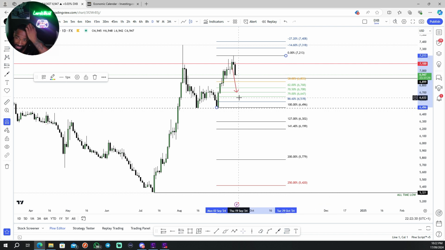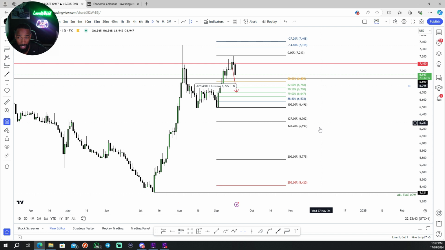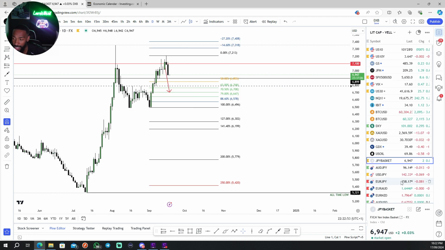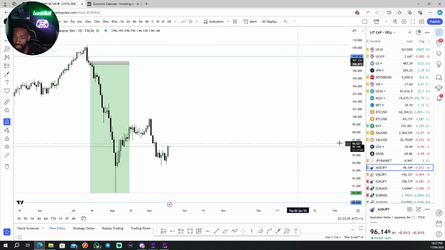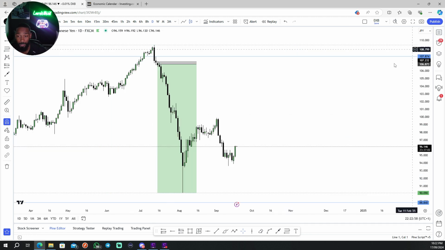Okay, it comes down to the 70%. Of course, if it could come down, fill some more of the imbalance, it would be perfect. At the 79% would be even better. But ultimately, inside of this area is where we want to draw our attention so that we can focus on potentially going long with the yen as well. So that's going to take place on Friday, which just means the market may not really react until the following week. But as you guys know, when we look at trading the Japanese yen, we're able to get into positions that we're able to hold for quite a considerable amount of time.